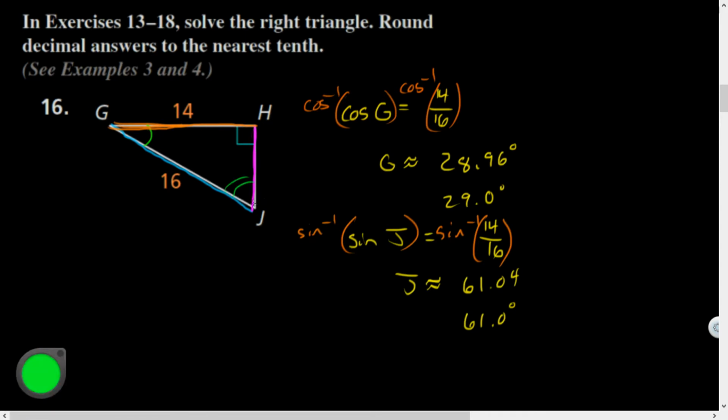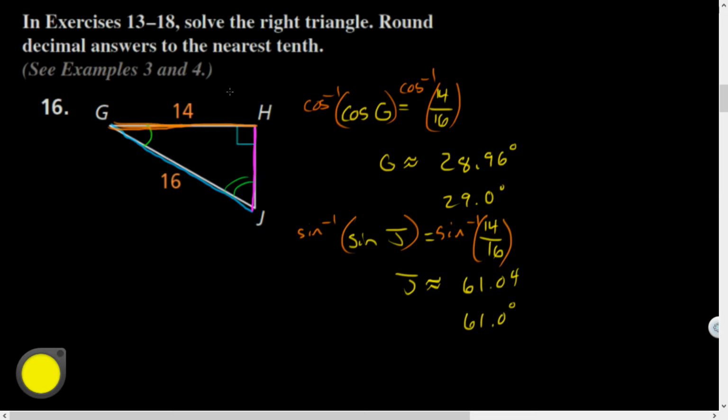What's the third piece I need? HJ. What is one way I could find that? Pythagorean Theorem. I can use that because I know two sides. What's another way I could find that? Yeah, I could use cosine from J, comparing this unknown dimension to 16. I could say tangent of J, saying 14 over this dimension is equal to the cosine of my new J